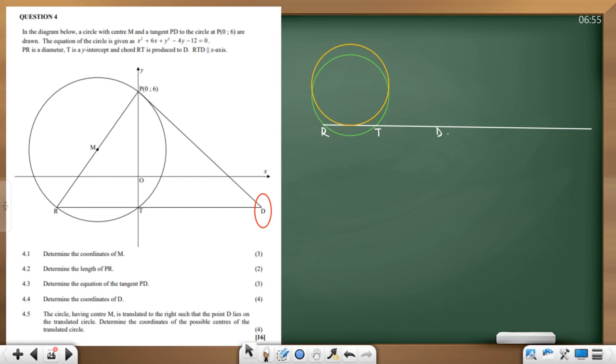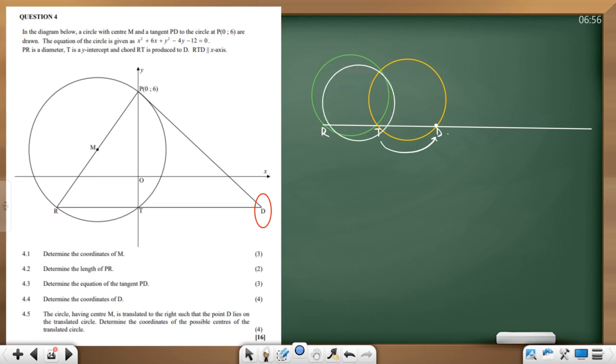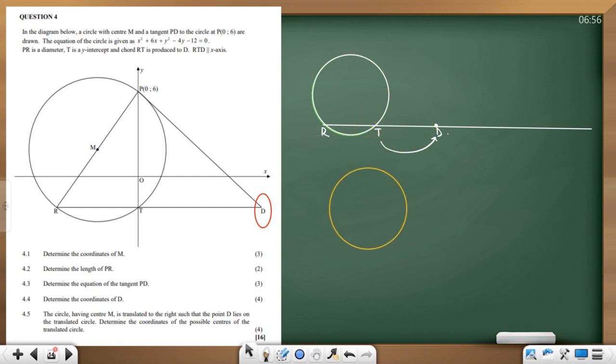So if I do my first translation, what I'm thinking about is this. I have moved T to where D is. I hope that makes sense. They said D should lie on the circle. However, I could still move. Let's try to find a different color. The first thing is,